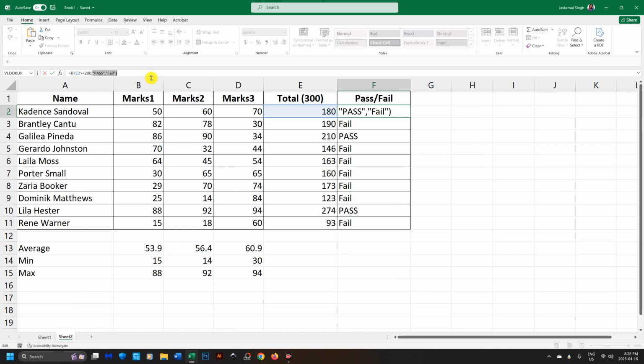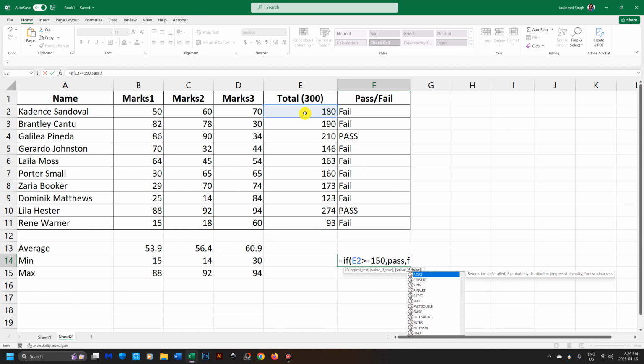If not, it will give you an error. Let me just show you what kind of error it will be. So let's say I'm going to use the same condition, right? This number is greater than or equal to 150, then it's a pass or fail. If not,